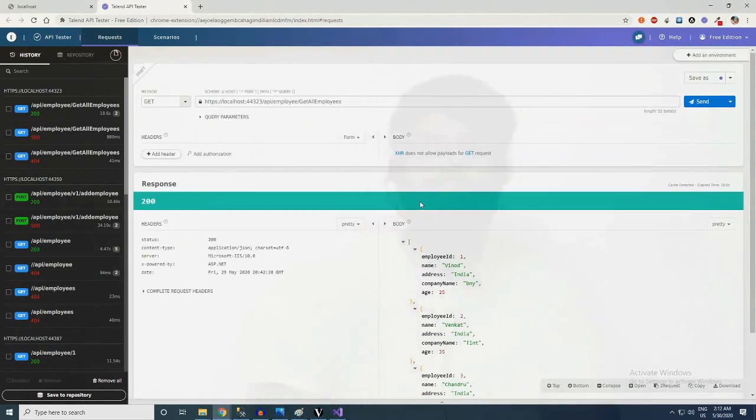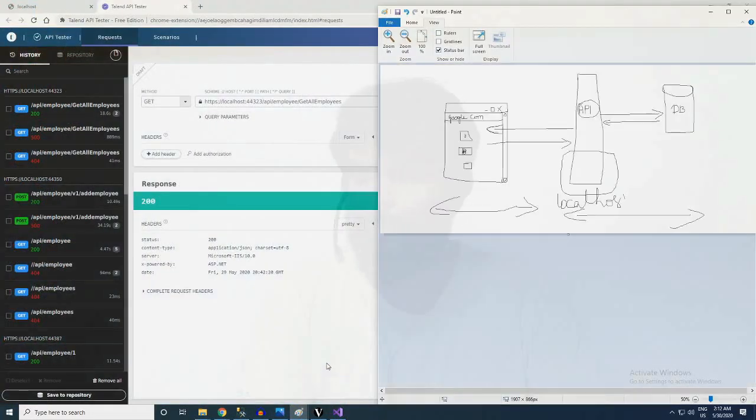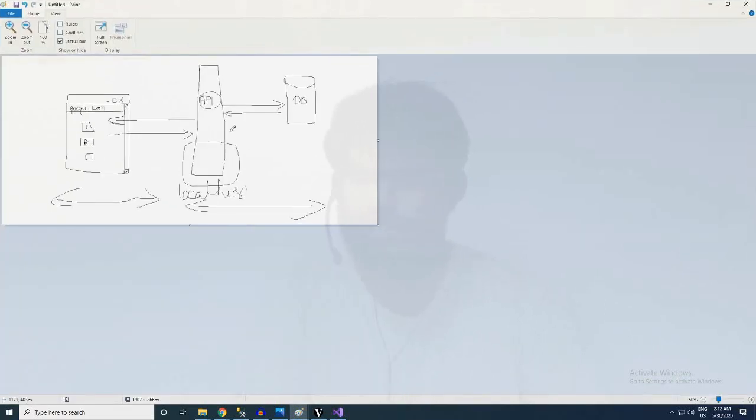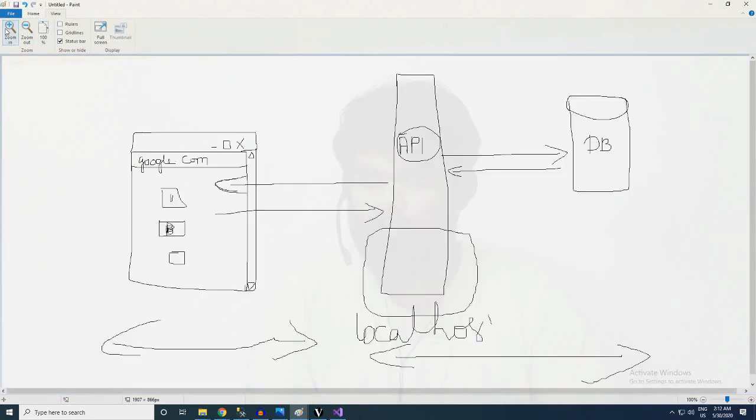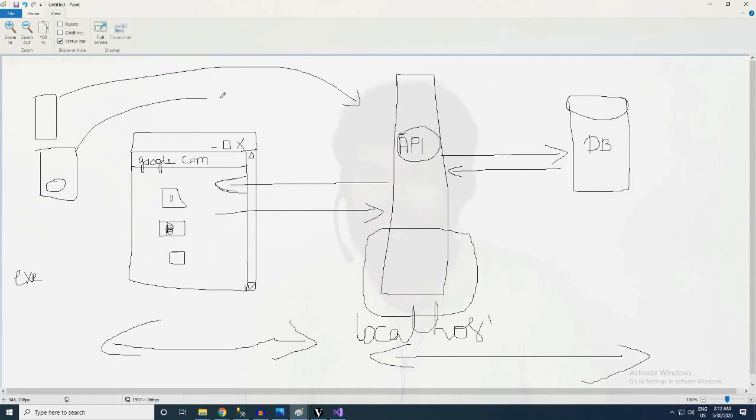Let me explain one more thing clearly: it doesn't need to be a website itself. If it is a mobile phone, or an iOS phone, or a Windows exe application, anything can access this API and get the data.